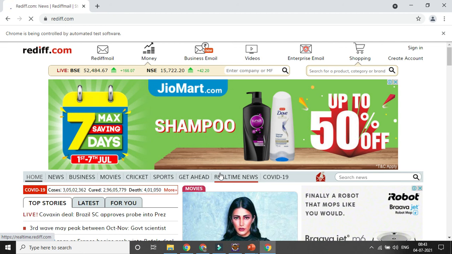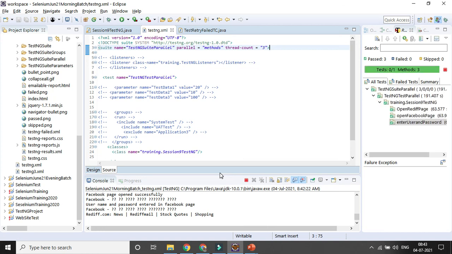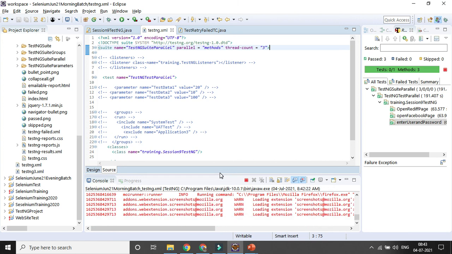So it is running, and because we are using 3 threads, 3 test cases will be running. After that you can see that all the 3 test cases ran successfully for the Chrome browser. Now it will open the Firefox browser test case and run it. So if you give more threads, it will sometimes be faster. Okay, so that's why you can do the parallel testing. So it is trying to run the Chrome browser now, sorry, the Firefox browser now.